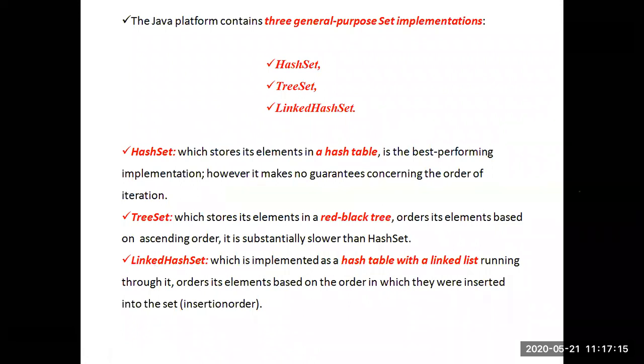Now, when we come to the third one, LinkedHashSet, what is this concept of LinkedHashSet? When we are using the class LinkedHashSet for creating the set, it will also use the hashing concept only. Along with the hashing concept, it will use a linked list. While storing elements in the hash table, it will use the concept of linked list. The LinkedHashSet will store the elements using hashing function and hash table only, but while storing the elements in the hash table, internally it will take help of the linked list. How it will use the linked list, we will see briefly.